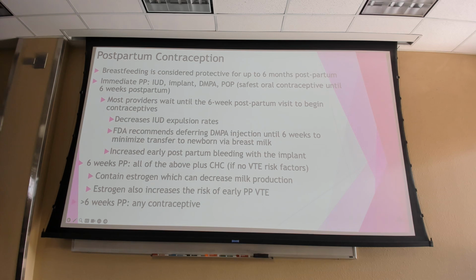Postpartum contraceptive. We think of breastfeeding as protective for up to 6 months. I saw a patient last week in the emergency department. She was 3 months postpartum, breastfeeding full time, and man, she was pregnant. And she said, this happened to me last time too. I went, well, you've got to take a note about this next time. So we think about it in the majority of cases, right? Not everybody falls into those lines. But overall, we think about breastfeeding as protective, except for those patients that know they've gotten pregnant before despite breastfeeding full